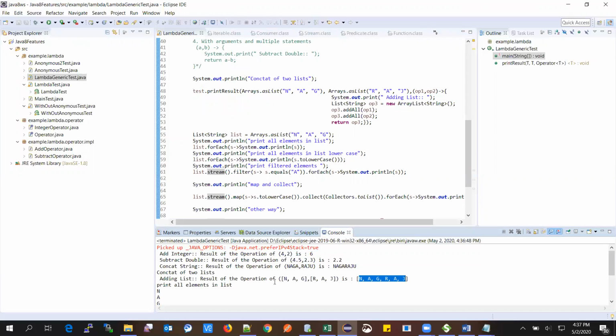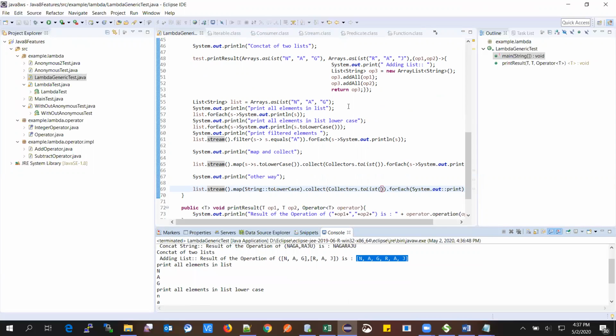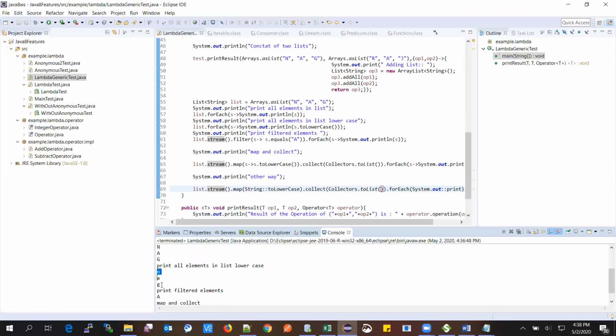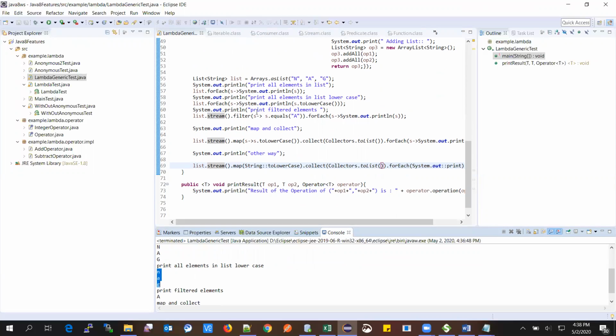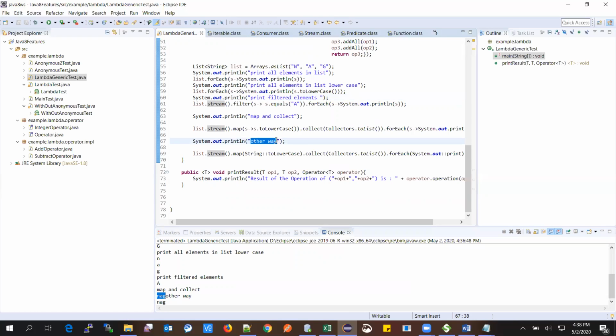Then printing all elements in the NAG list. Print all elements in lowercase: nag. Print filtered elements: as we see, only one element is matched, so only one element is created. Map and collect: nag. In the other way also you see nag.